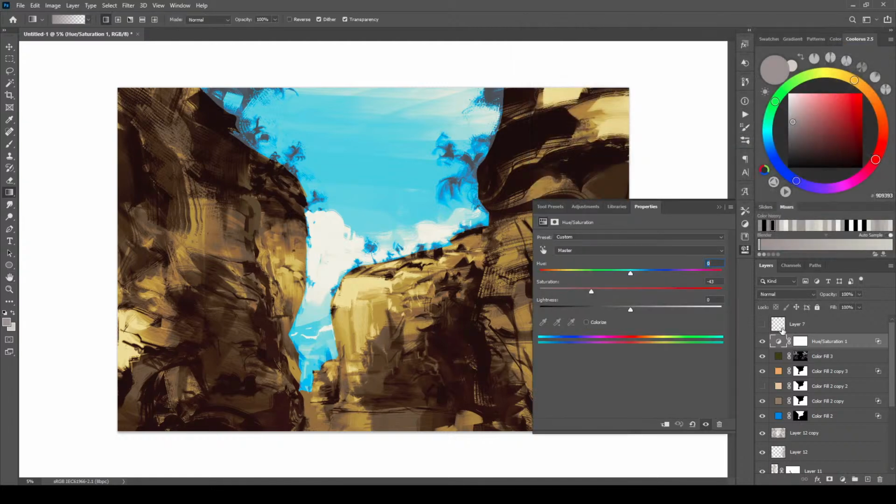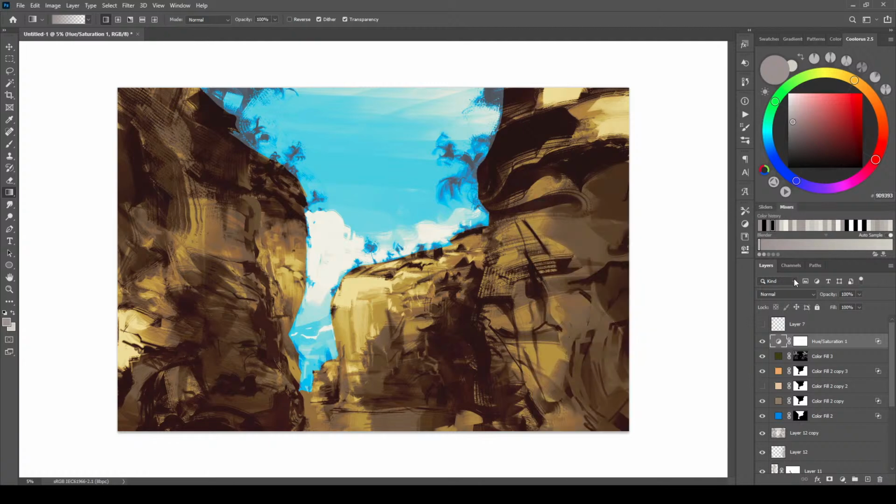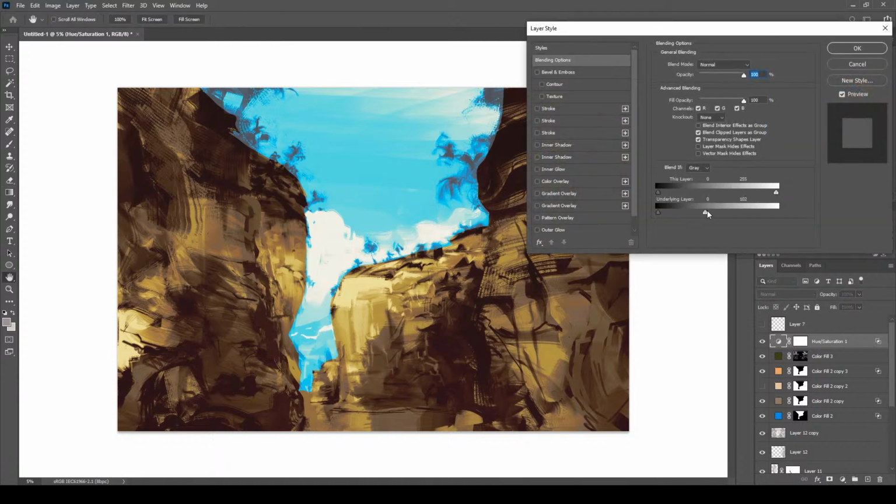Grays. And I might want to change that transition point. Could invert this, so